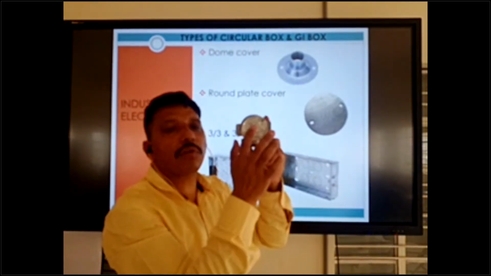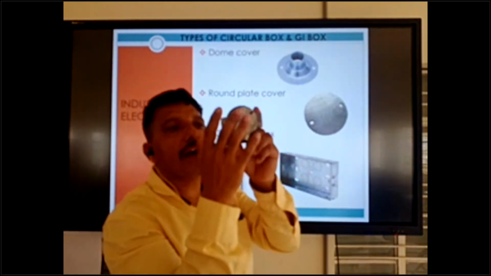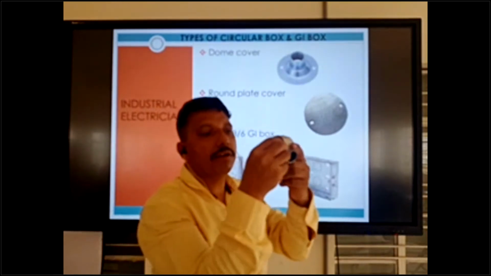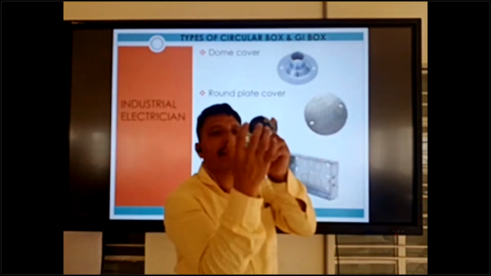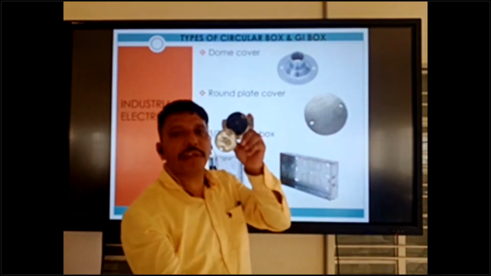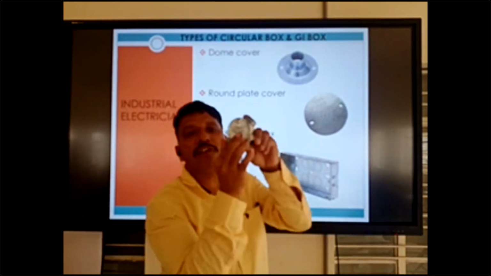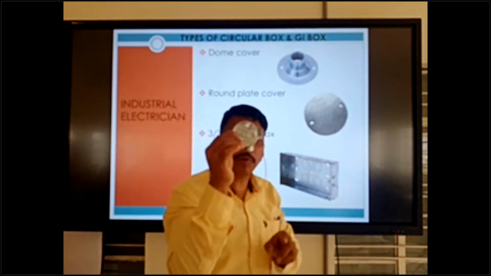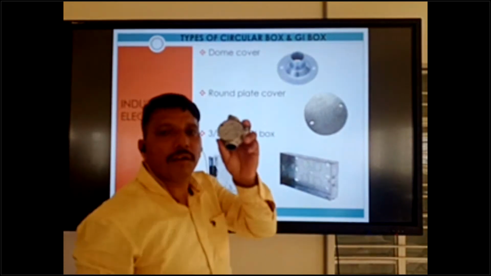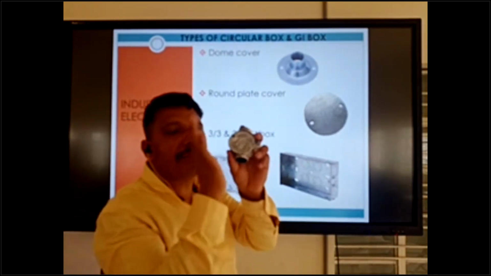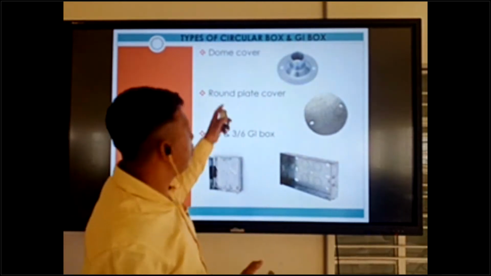So circular round plate. We need a round plate for covering the JB box. Okay, you can understand. At wire pulling time we can open this one, pull the wire, everything is complete. There is no point coming, only for pulling purpose, and we can again close like that and put the screw. Very easy purpose. So this is used for closing the circular box. If no point is needed, that time we can use the round cover when closing.